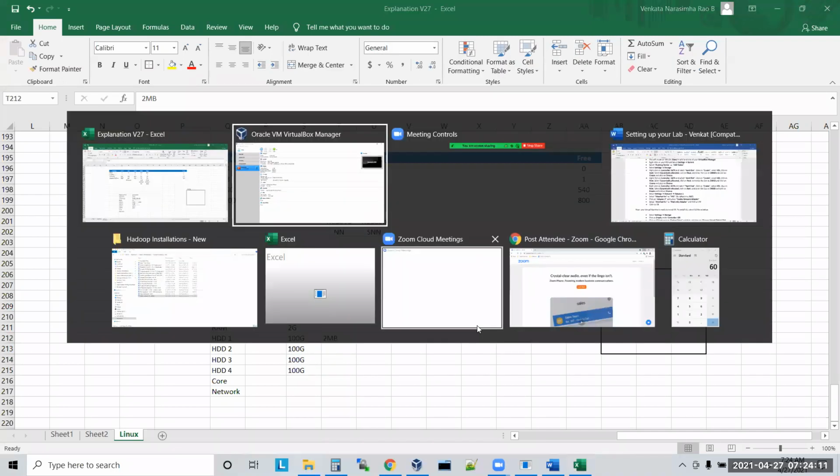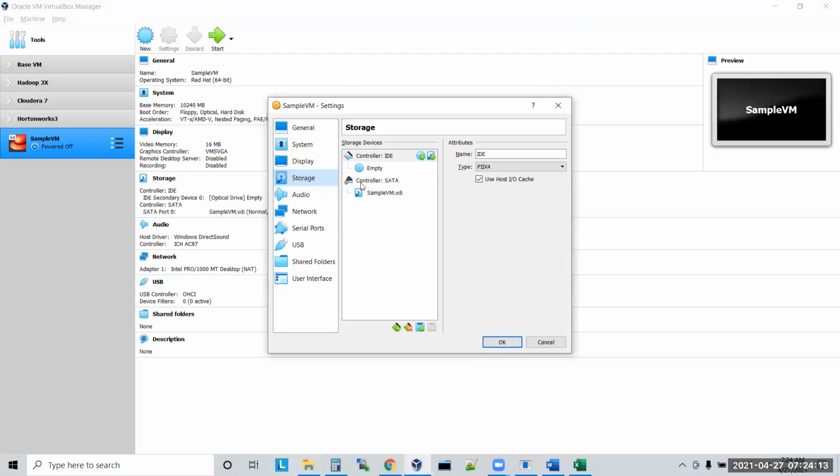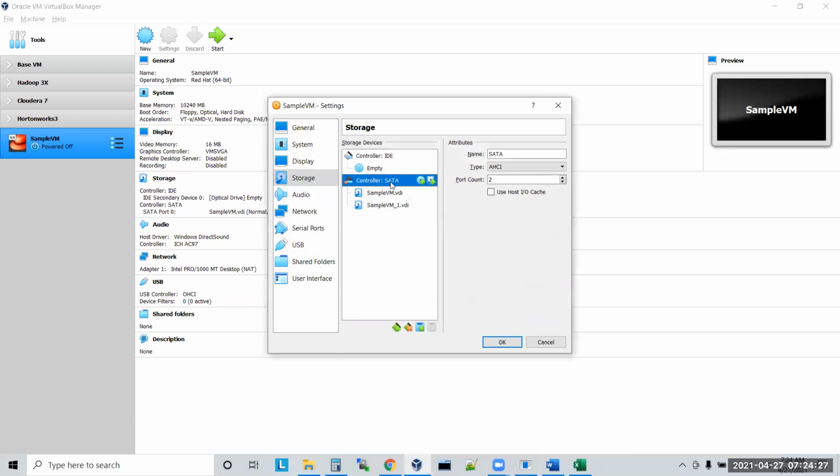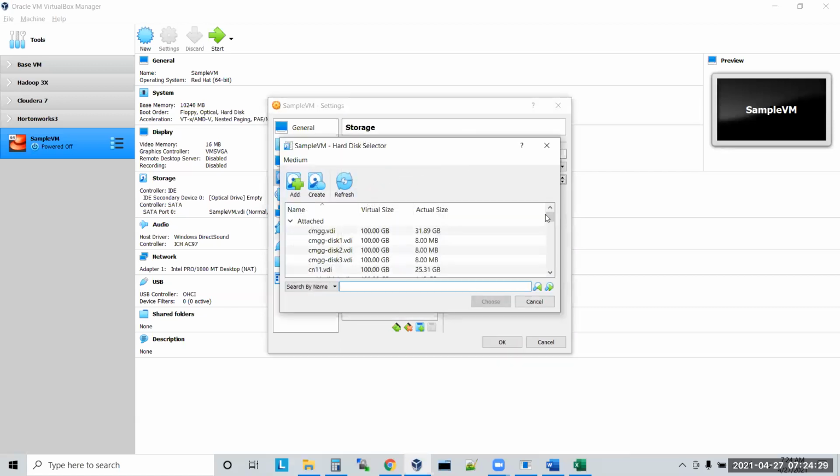Now I will show you. Right click, storage. We added the hard disk, right? It is not attached. I didn't click on OK.